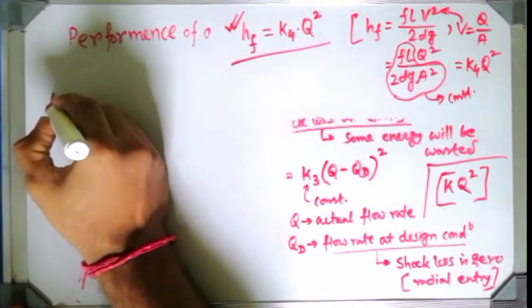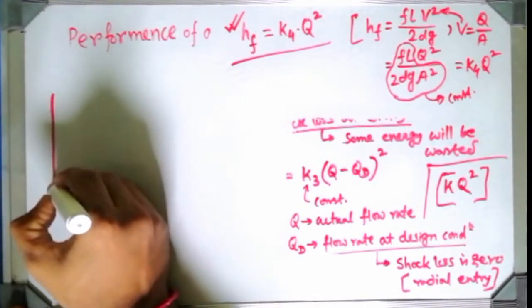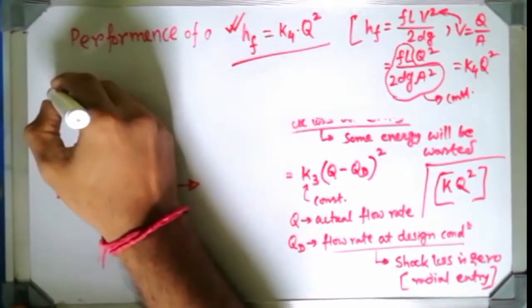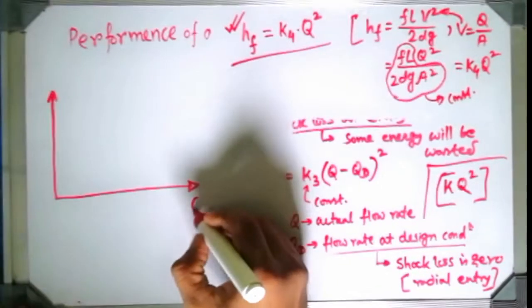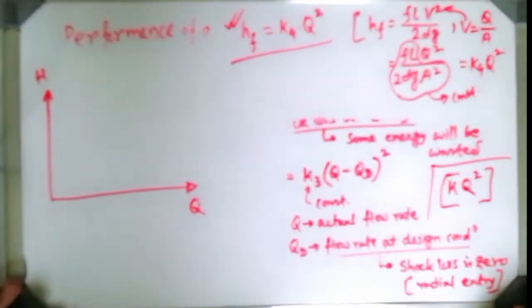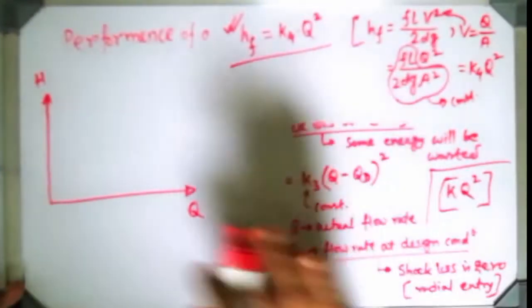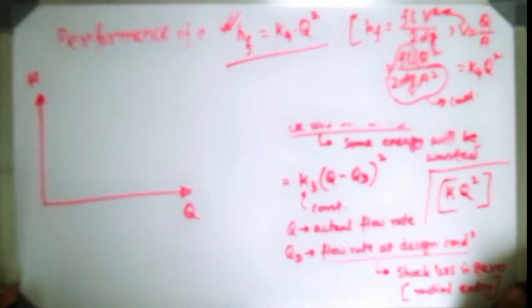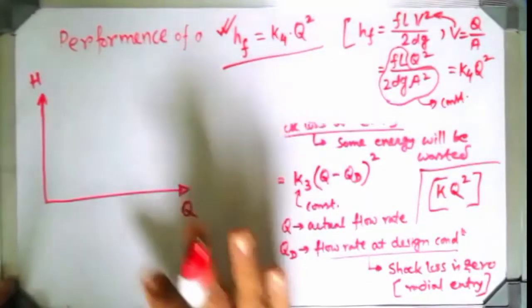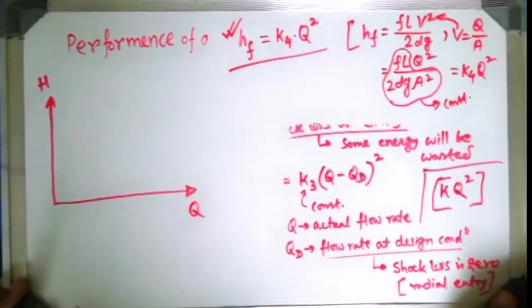In the book, they draw a bunch of curves for the head, but they haven't explained how they look like, that is the problem. You can memorize that the pattern of this graph is like this, the pattern of this curve is like this, but lots of questions come from this particular part in every kind of competitive exam. It may be GATE or any kind of competitive exam. That head curve for centrifugal pump is a very important topic.